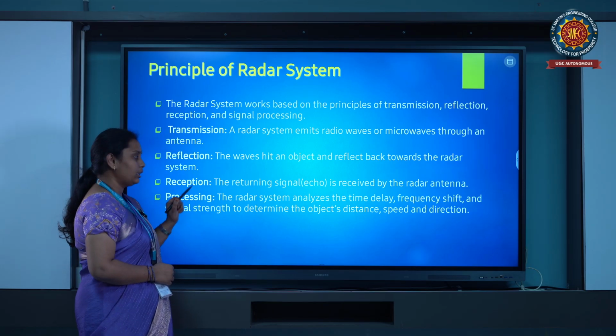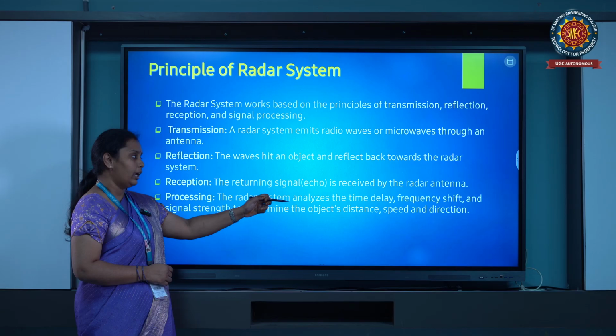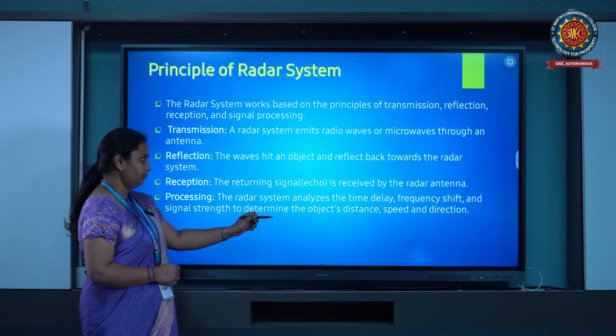In the processing, the radar system will analyze that received echo signal, and by using the frequency shift and time delay, it will detect the target's location.